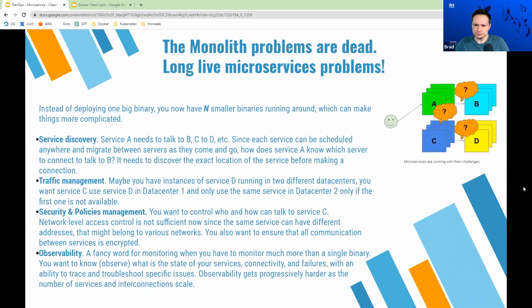So we sort of discussed this, but let's hit it in a little more detail. The monolithic problems that we had are dead, but microservices present their own complications and complexities. The first one is service discovery. One thing that needs to happen is these different microservices need to be able to find each other